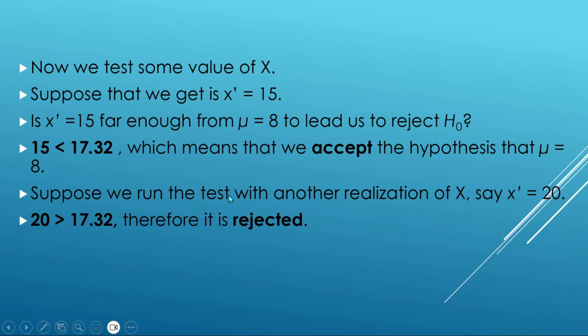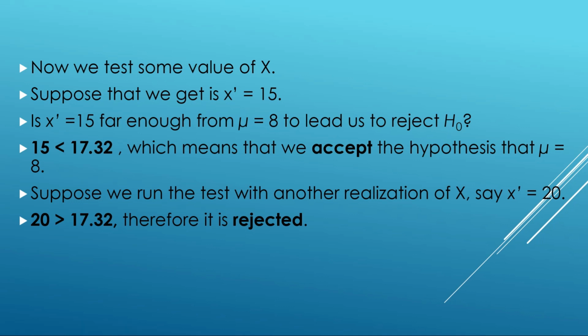Suppose we run the test with another realization of x, say x prime is equal to 20. We are assuming these values of x prime. And here we can see that this realization value is greater than the critical value 17.32. Therefore, it is rejected. So, the value of the realization of x will decide whether we accept the null